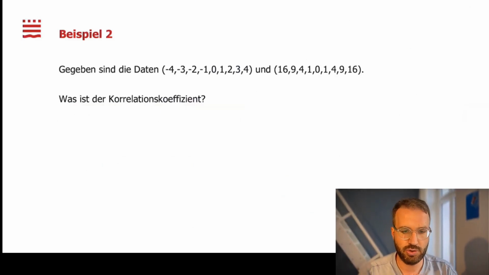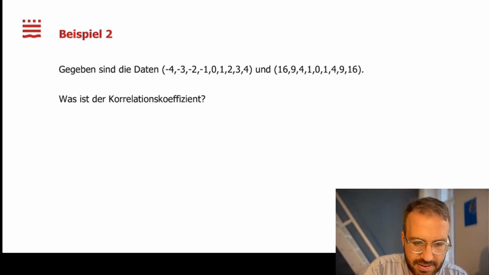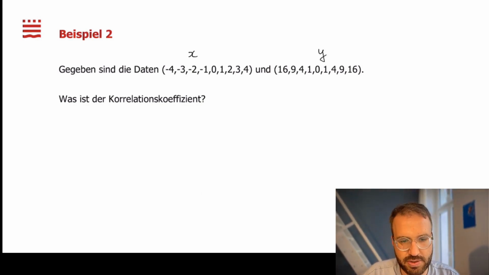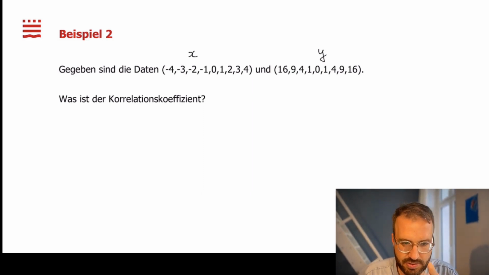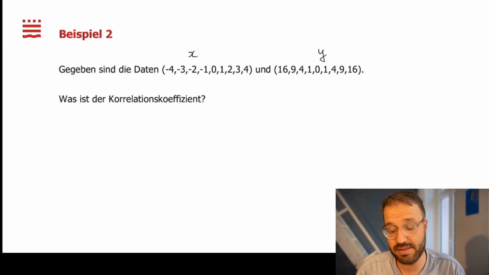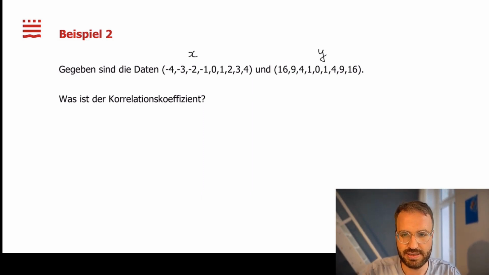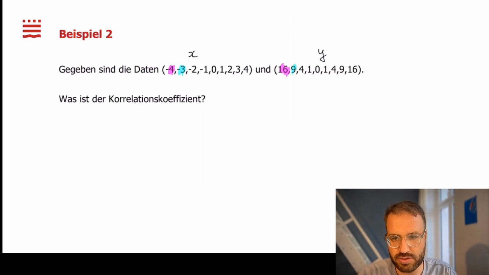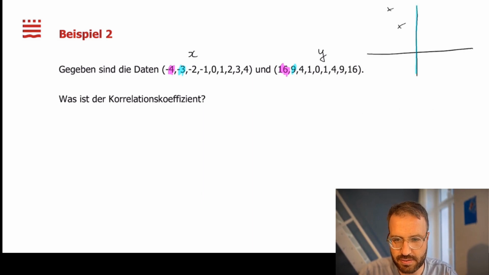Next, we want to look at an example where there is a very clear relationship between the data x and the data y, namely the following. We see that y is equal to x squared. So if we take a quick look, we see that -4 gives 16, -3 gives 9, and so on. And if we were to plot this, let's say in black, we would see that these are indeed the points of a parabola,